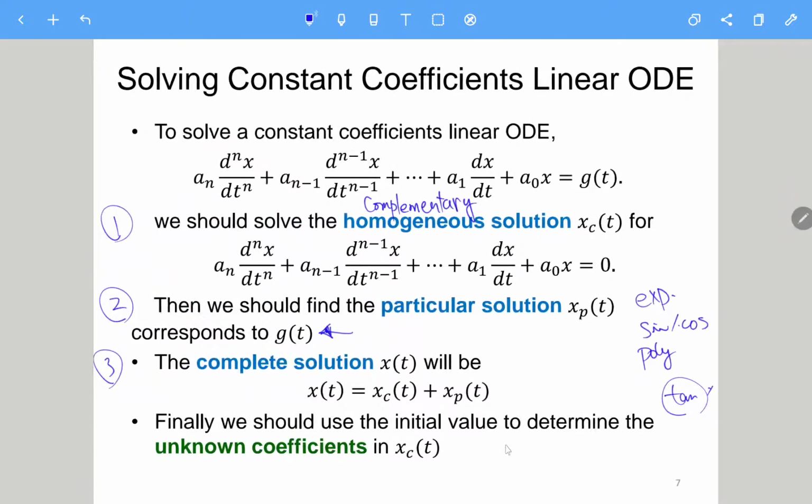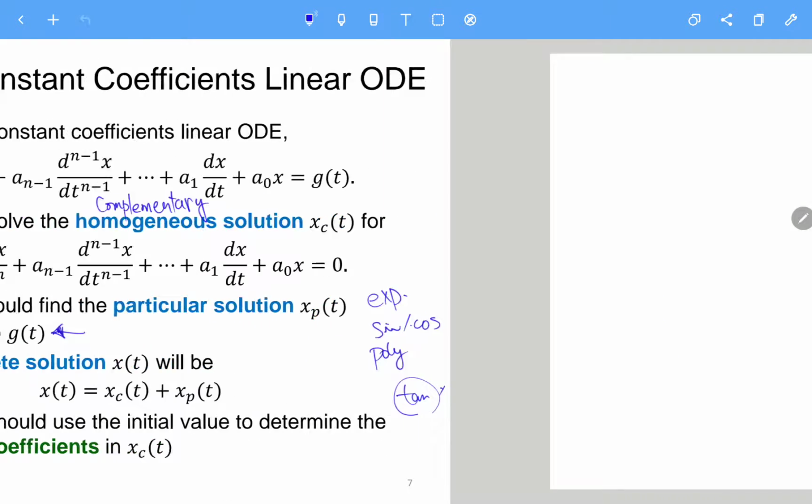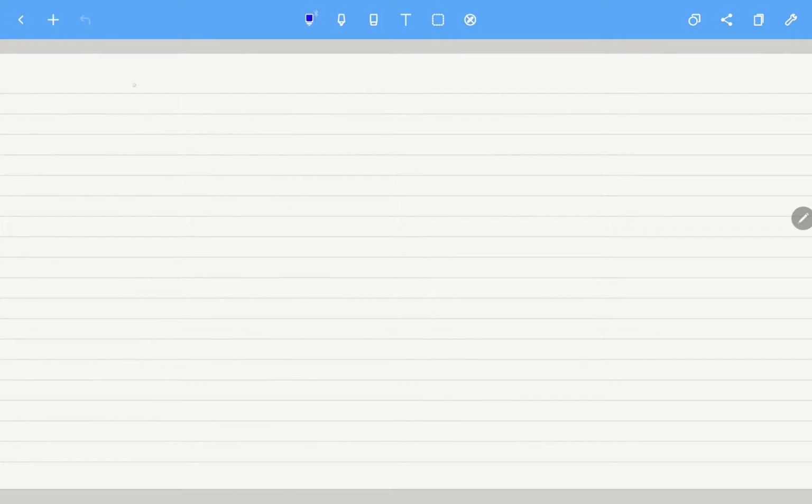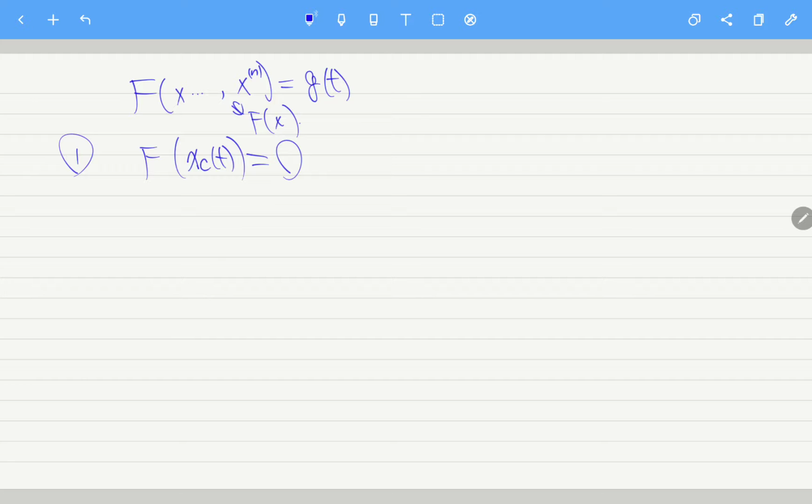To tell why it will be the case, I can simply explain it like this. Suppose we have the ODE like this, x up to x to the nth equals g of t, something like that. For the first step, we would like to find f of x, or maybe I just call it f of x for simplicity. So if we find xc of t to be the solution of this equation, which means that we get this equation, and suppose it is linear,